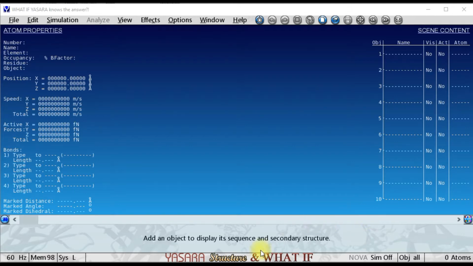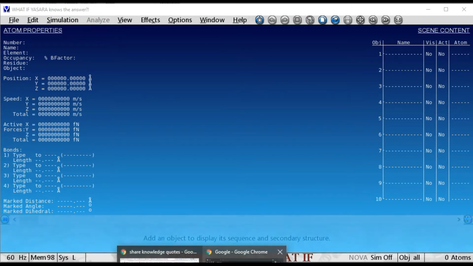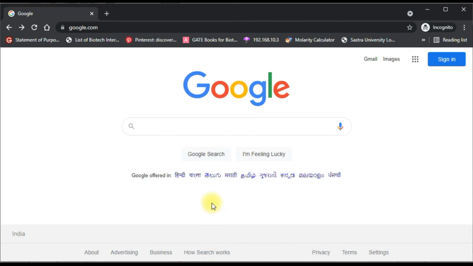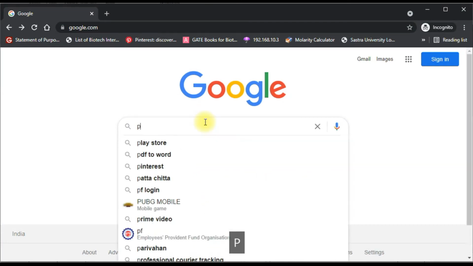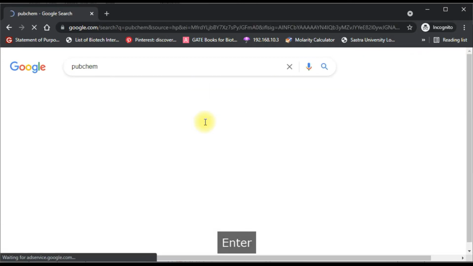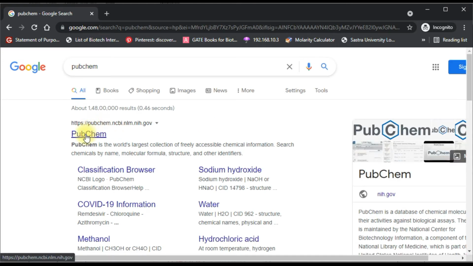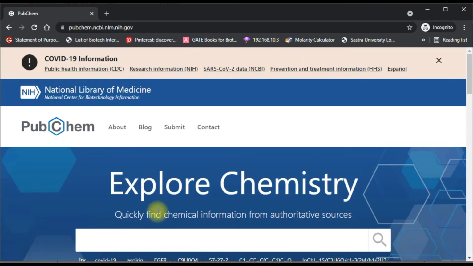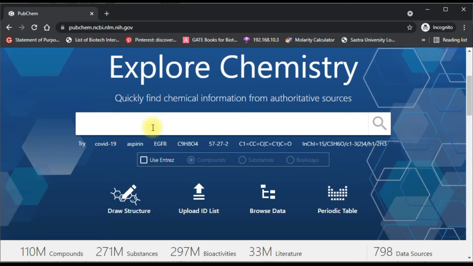So for that we'll go to Google and then type PubChem. So click on to this link. Here in this search bar, type the compound or the drug of your interest.